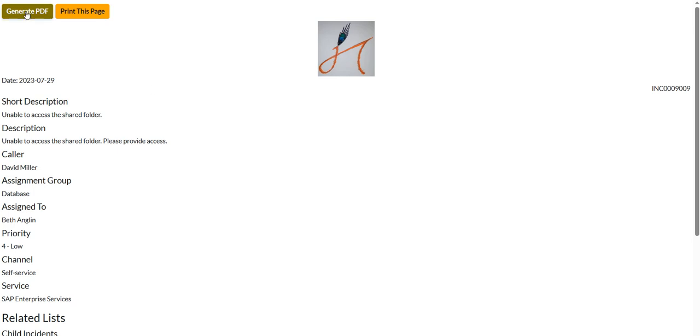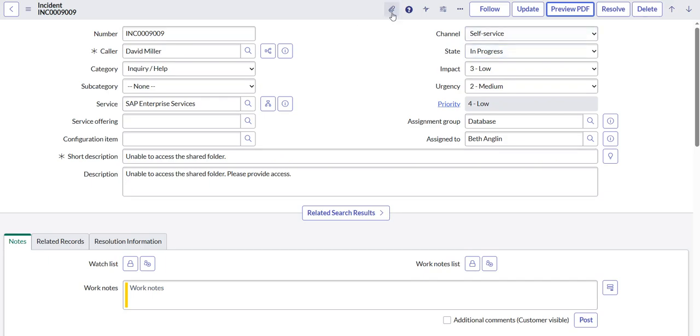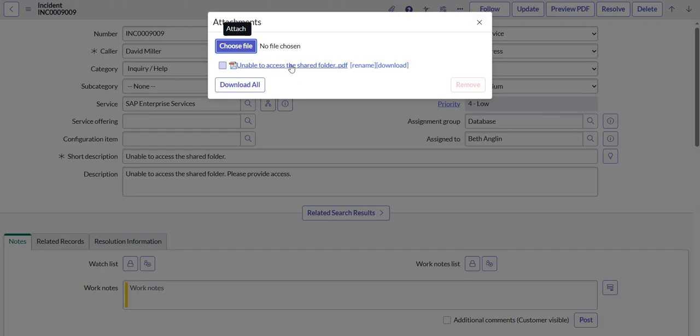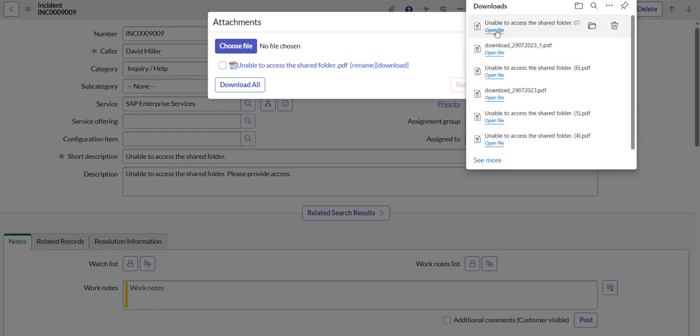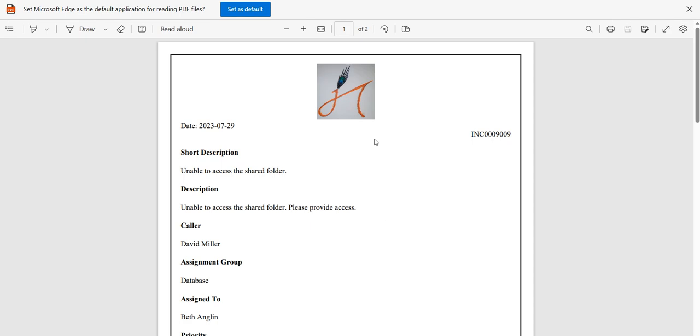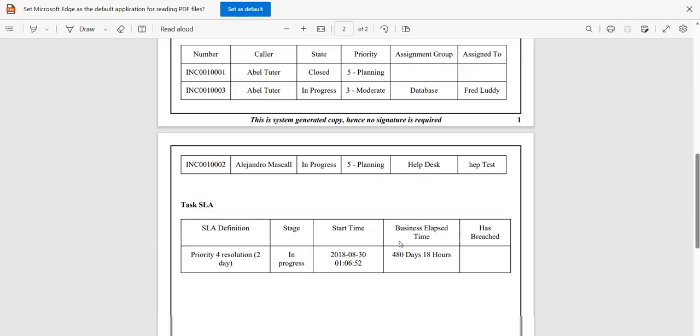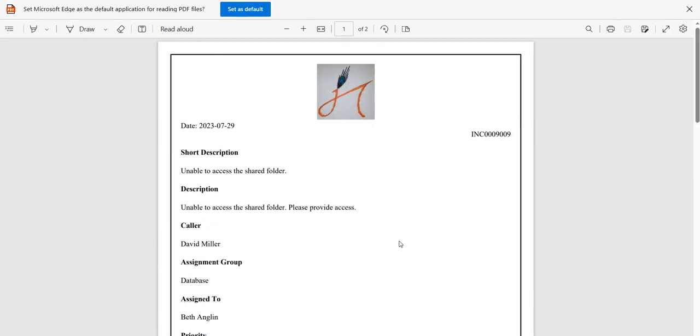So if I click on this generate PDF now, in the backend it generates a PDF. Though it would have been nice if I had shown a message over here saying that a PDF is generated, but that's fine for now. If I click on this attachment icon, I can see that there is a PDF attached on this incident record, and if I click on it and open this file, it looks something like this,